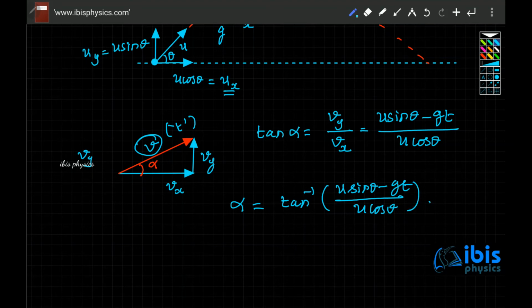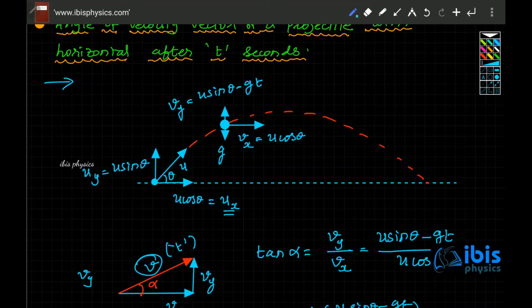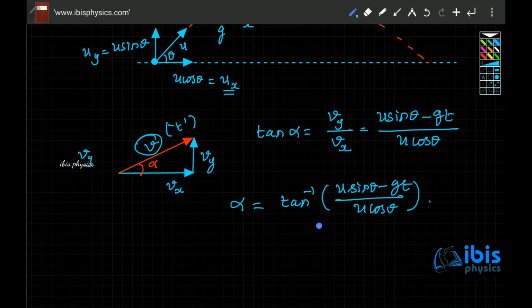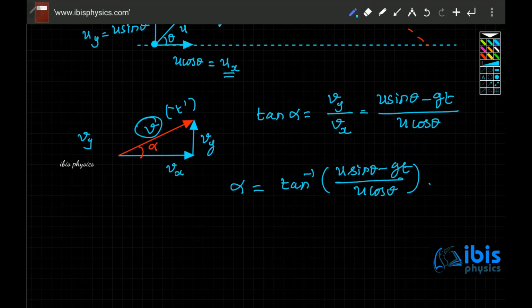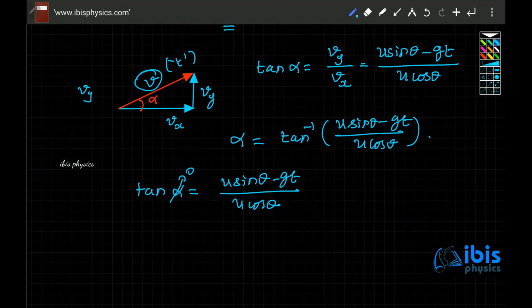So what is the angle made by the velocity vector at the highest point? When the body is here at the highest point, you know that it has only a horizontal component and no vertical component, so it makes 0 degrees with the horizontal. You see, when alpha is 0, tan alpha equals u sin theta minus gt divided by u cos theta. So when alpha is 0, tan 0 is 0, that means